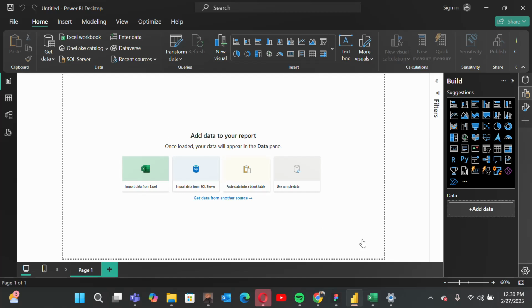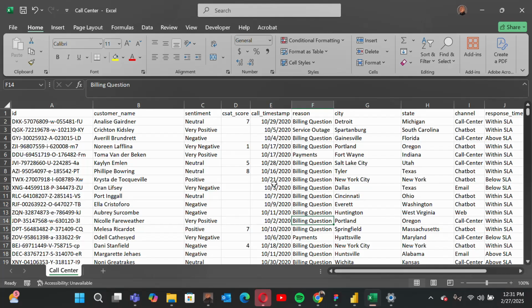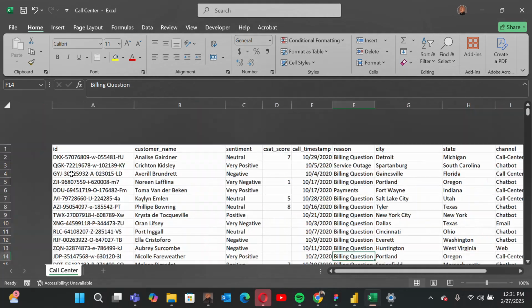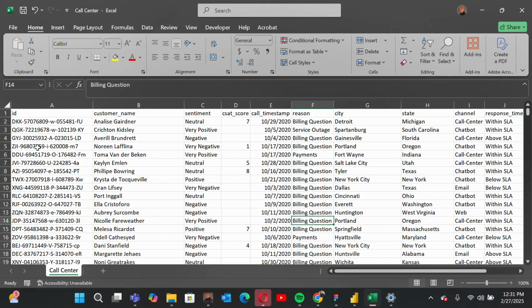So I'm going to be showing you our data. We're going to be working with this particular data set. This is a call center data set, and you can see what we have. We have ID, customer's name, sentiment. We have the CSAT score column. This is the satisfactory column. We are going to have to edit that when we get to the stage of data cleaning so that we name our column the right way. It's very important that you name your column in such a way that you'll be able to understand your data